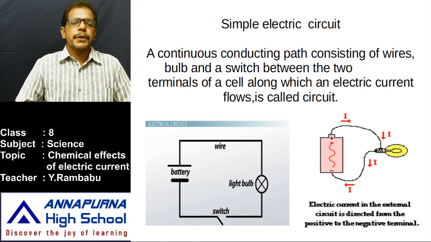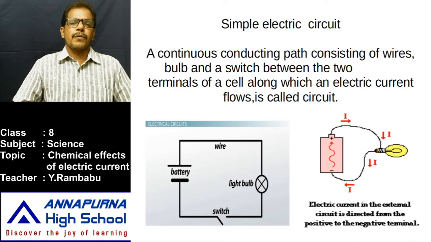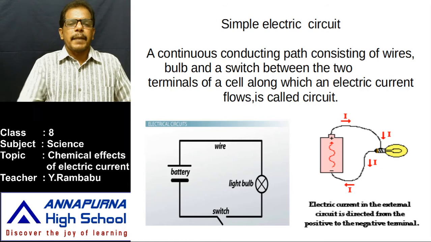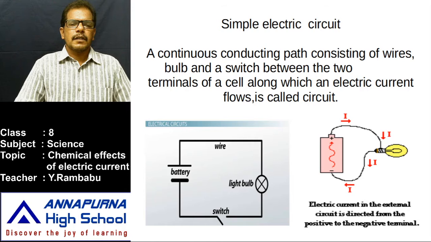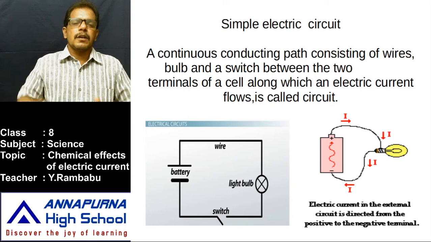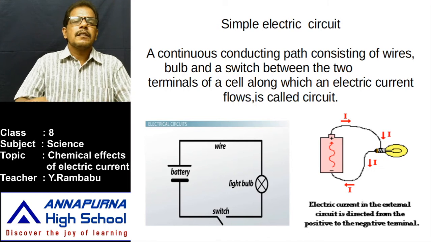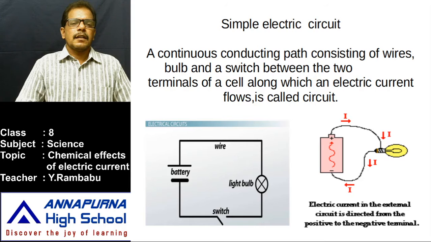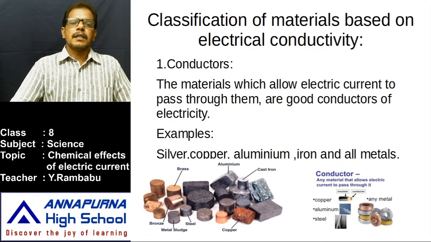Like that, if there is a continuous and closed path which consists of conducting wires, bulbs, switches, a power supplier, and some other devices also, simply that is called a simple electric circuit. In our homes we observe different circuits. There are different electrical devices, a fan, a bulb with a power point. If we turn on, then it works. That means that is a closed path for that device.